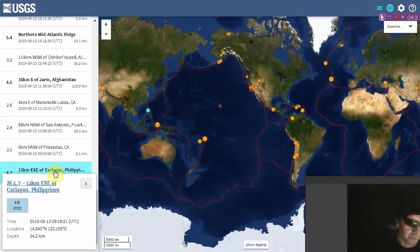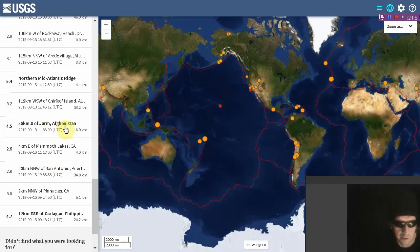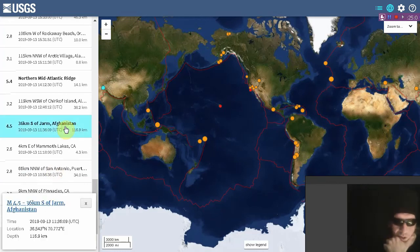Earthquake rundown, 4.7 at the Philippines. Is the oldest quake in the past 24 hours here. And that one's happening almost exactly 24 hours ago, folks. 4.7 at the Philippines, near the surface. Let's keep this thing as short as possible and blast through the earthquakes. There's a 4.5 at Afghanistan. That one occurring more like 20 hours ago